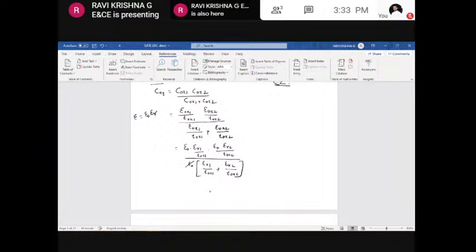So this epsilon will cancel out. The resultant will be epsilon naught into epsilon r1 epsilon r2 divided by,